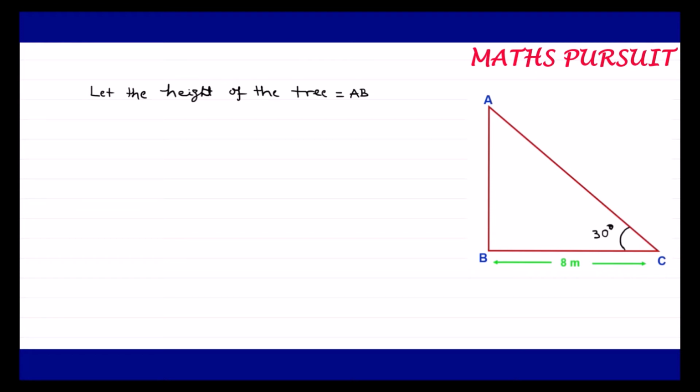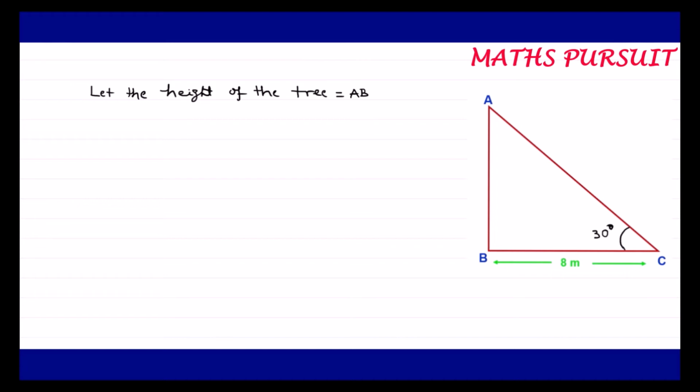Now what the main concern is, which formula we are going to use. Are we going to use sin theta or cos theta or tan theta? So guys, here we cannot use sin theta and cos theta because sin theta and cos theta involve hypotenuse, that is AC. We do not know the length of AC. We just know BC and we know the angle theta. So let us use tan theta because tan theta is dependent upon the two sides of the triangle without hypotenuse. So now let us take the help of tan theta.